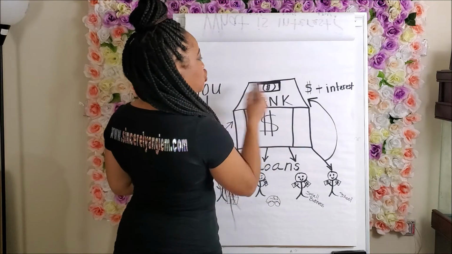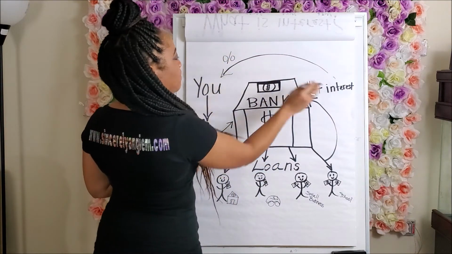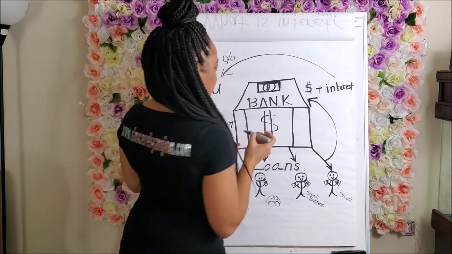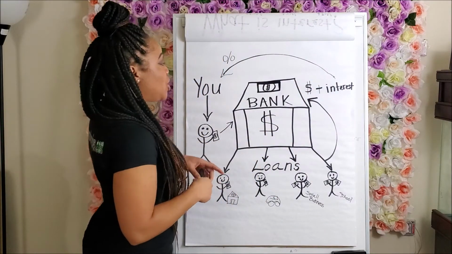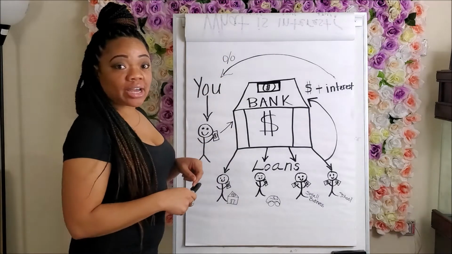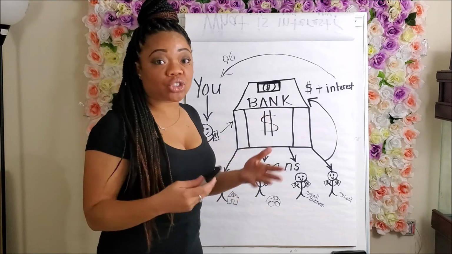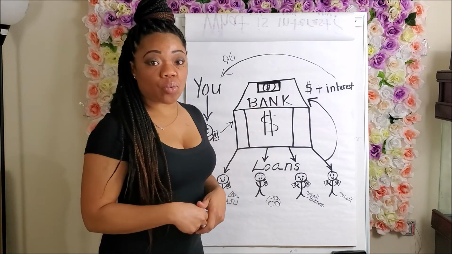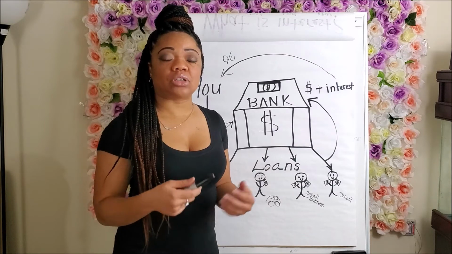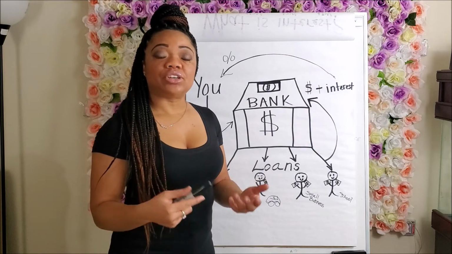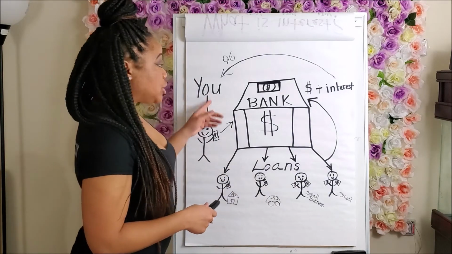So on top of the bank getting your money, loaning it out, and then getting it back plus interest, you need to make sure that you're in that loop. So how can we get a percentage of that money to you? Well, what we do is you make sure that your annual percentage yield is legit. You make sure that it's close to 1% or even over 1%. And if you stay tuned to the end of this video, I'll put some examples of different banks that have different interest rates so that you can go and do your research from there. But this is what we want to make sure.